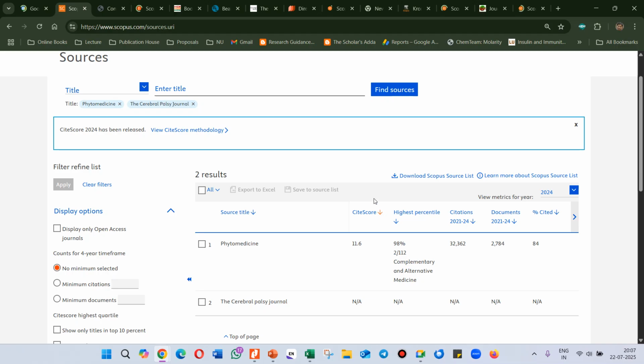Scopus uses the cite score. Cite score is the number of citations gained in the last 4 years by those journals, divided by, I will show you that formula also, the number of articles published in those 4 years. So that is called cite score. Cite score considers 4 years of information. Impact factor considers only 2 years of information. This is the basic difference. Otherwise, both are the same. So once I have clicked on this Phytomedicine,